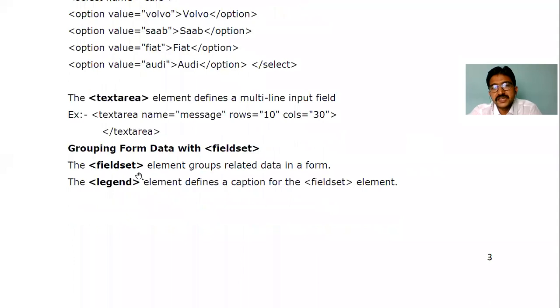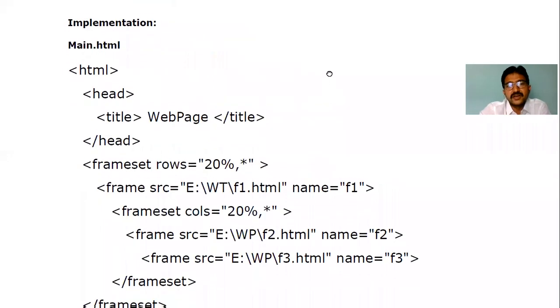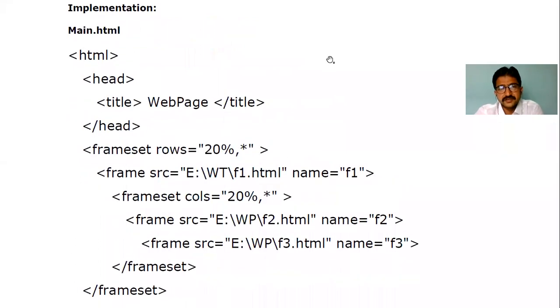And when you want a fieldset, a grouping of fields, for example, when you want to take an address. In the address, we have door number, street, landmark, city, state, country, like this. All these are subsets of the address. When you want to group such things under a single address, you can use fieldset. Legend is nothing but a caption we can give for the fieldset. When you want to give a caption, like address, you can use the legend tag. Okay, so these are the minimum things we require to understand this requirement.